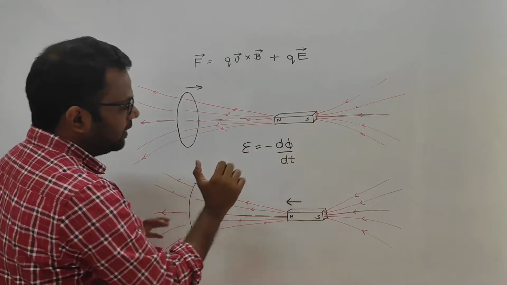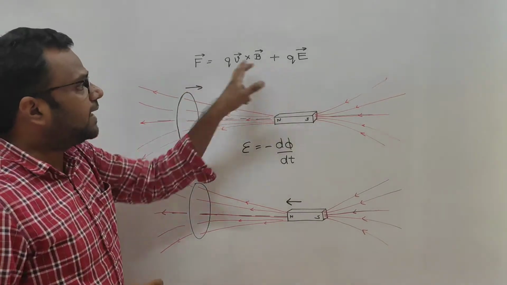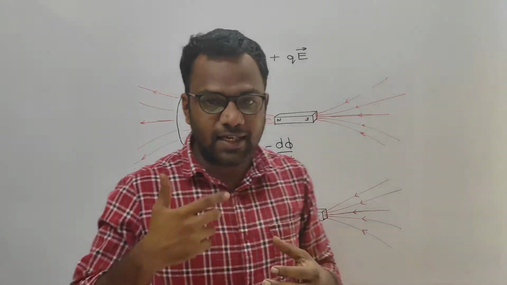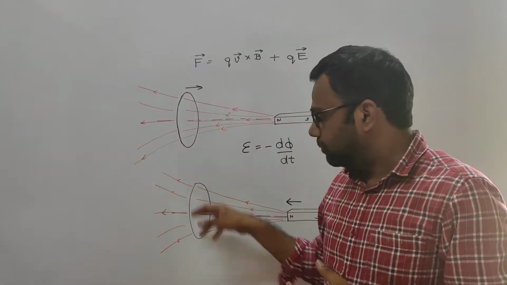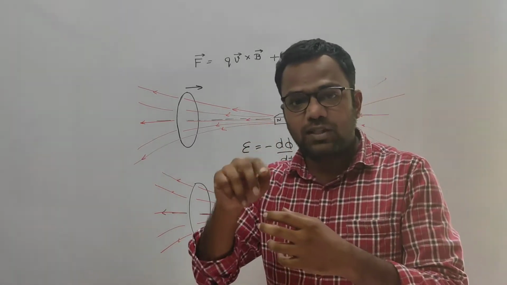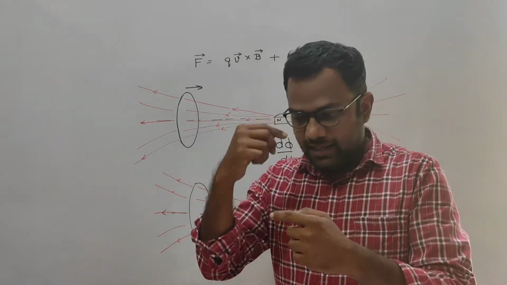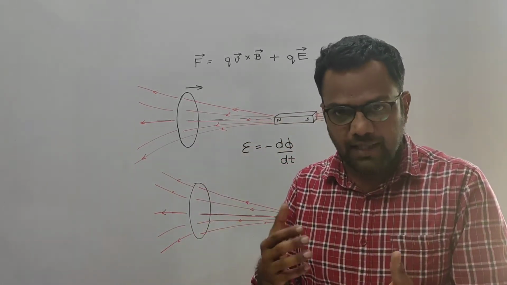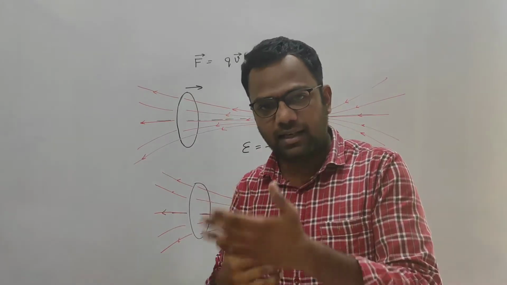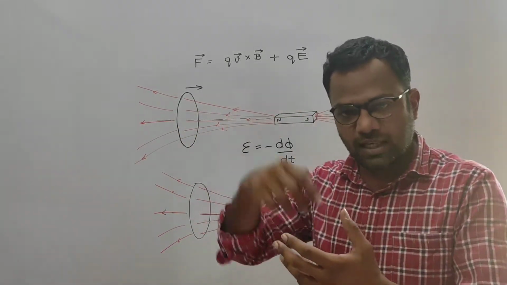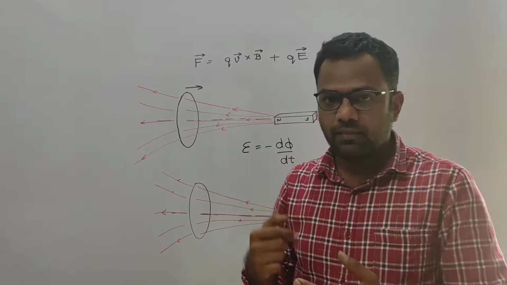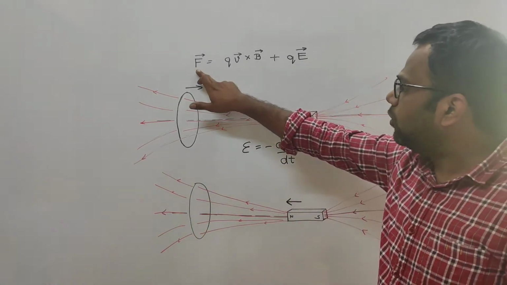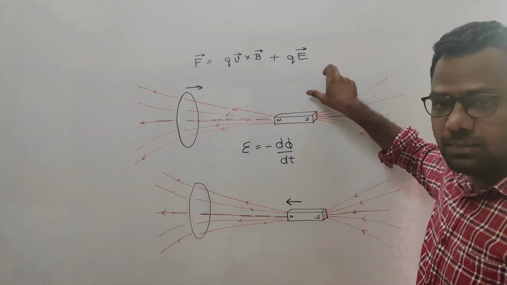Before going to the first situation now, let us talk about the force acting on the charge carriers. Because as the current is induced, that is the current is flowing through the coils in both the situations, there must be some force acting on the positive charges that is making the charge move in the direction of the conventional current. Actually it is the electrons that are moving the other way around, but we can say that the positive charges are moving in the direction of the current. Effectively, it is the same thing. So this is the Lorentz force that is acting on the positive charges.